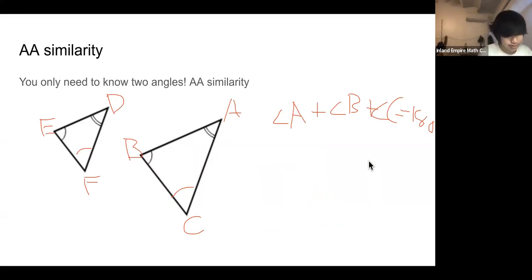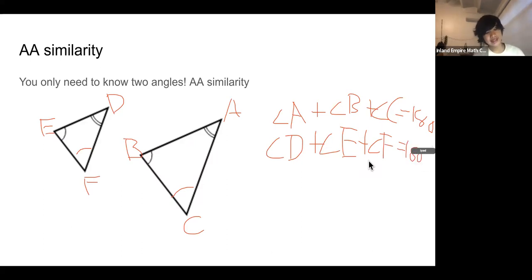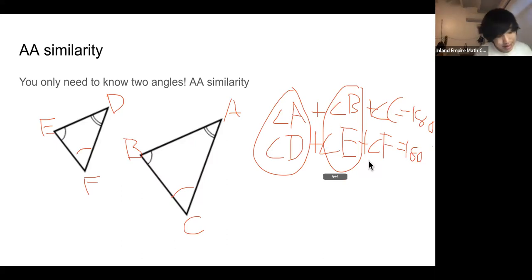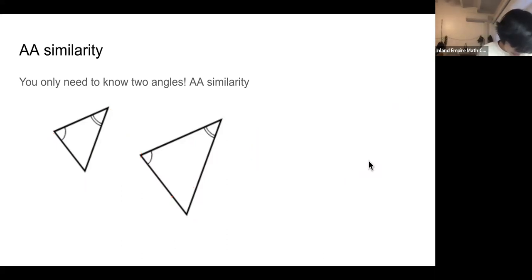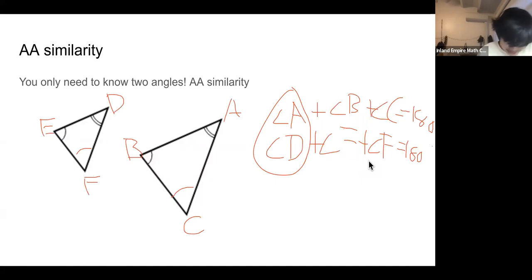But we also know that's true for the other triangle. So angle D, angle E, and angle F also add up to 180 degrees. And what this means is that since we know that angle A and angle D are the same, these two are the same. And we also know that angle B and angle E are the same, these two are the same. So in essence, what this means is that we can just replace, we can say that,